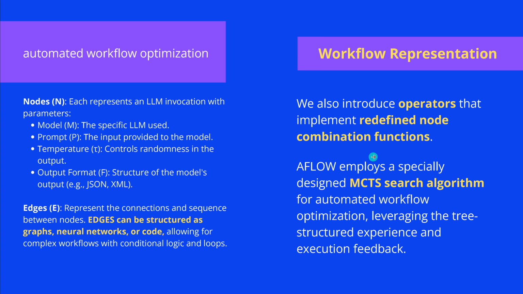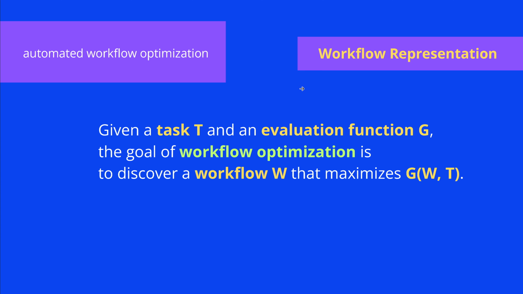And if we have this, now you know what's going to happen. We now need a search algorithm because we have a huge search space here with huge workflow possibilities, permutation and whatever. So we need now a Monte Carlo Tree Search algorithm for the automated workflow optimization itself. And of course, this Monte Carlo Tree Search leverages here the tree structured experience and the execution feedback. This is all there is. 1, 2, 3, 4 elements. If we know those, we can solve this. Of course, it is an optimization problem. What else in AI?